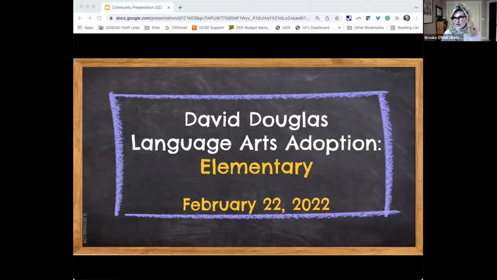And then they also look at the instructional materials that go along with those standards that help teachers to teach to those standards. So we're making a very important decision about instructional materials that will be in our classrooms for the next 7 years. And I do want to say, when we talk about language arts, what we mean is reading, writing, speaking, and listening. That's what language arts encompasses. So Elise, next slide, please.